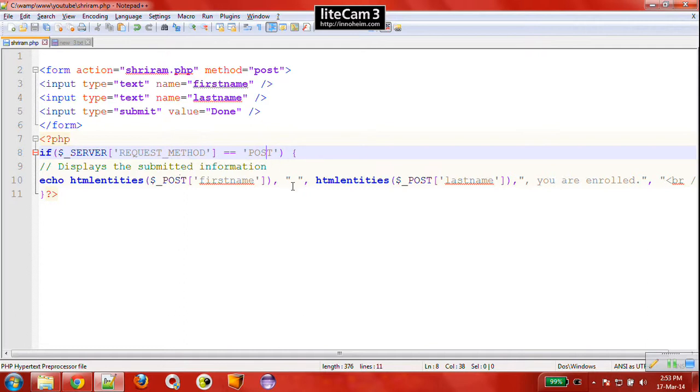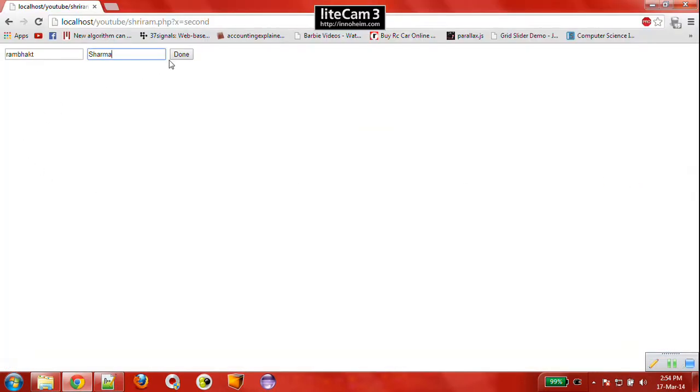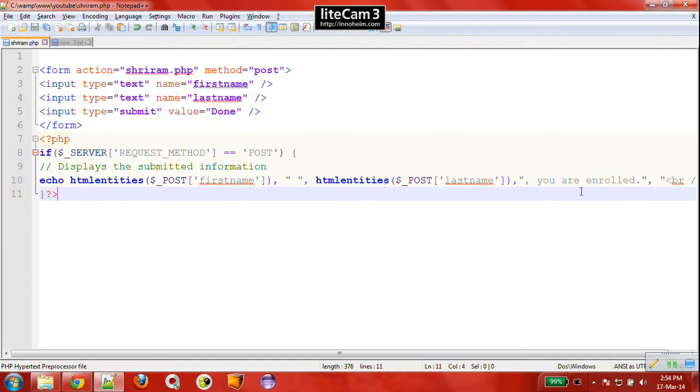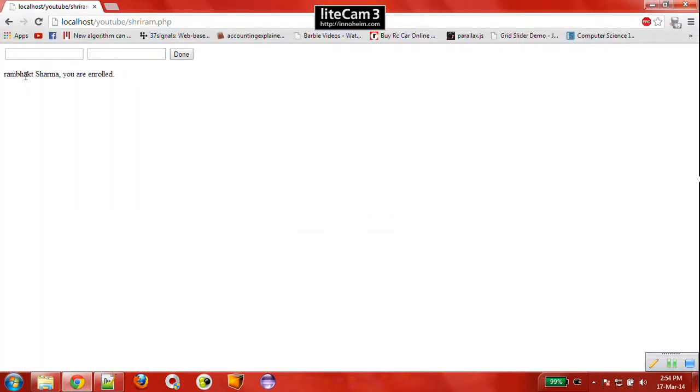Inside, we print the HTML entities of $_POST for the first name text box and for the last name text box, and then 'you are enrolled'. If I click on done, it prints Ram Bhakt Sharma, you are enrolled. This is printed as expected.